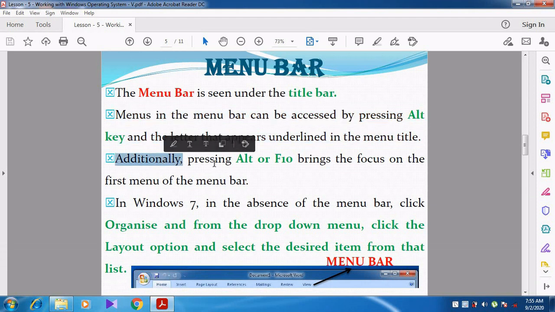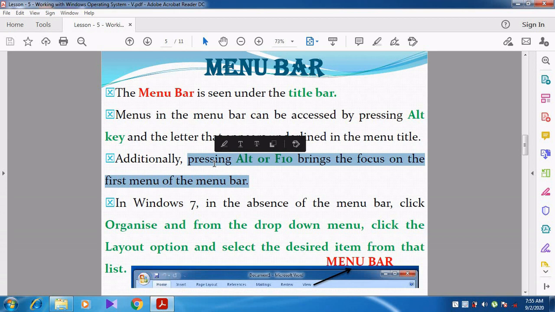Additionally, pressing Alt or F10 brings the focus on the first menu of the menu bar. So instead of pressing Alt, you can press F10. When I press F10 now, what happens? Here, when I press F10, the recording will be stopped. So you just check it at home.